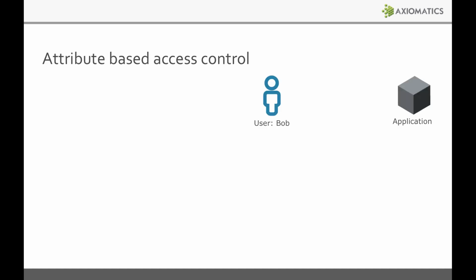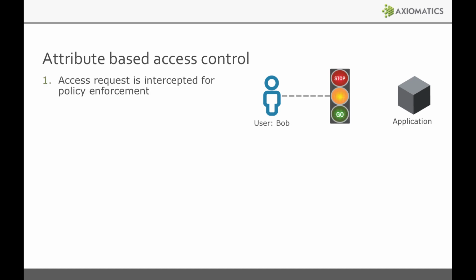Now, if we look at the architecture of ABAC, it will look very similar to what Andy presented in his slides when he had the API gateway protecting the backend services. Here we've got a user Bob, and user Bob wants to use an application, a black box. That application could be an API, a web service, a traditional application, an off-the-shelf application. It could be pretty much anything you like.